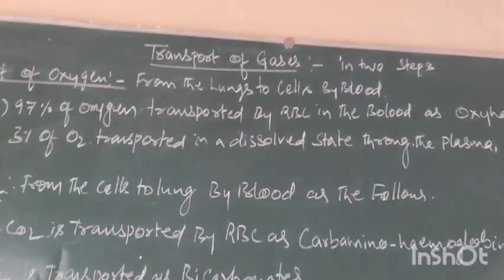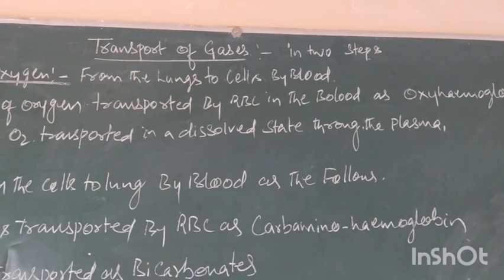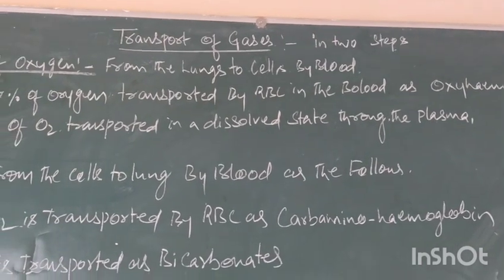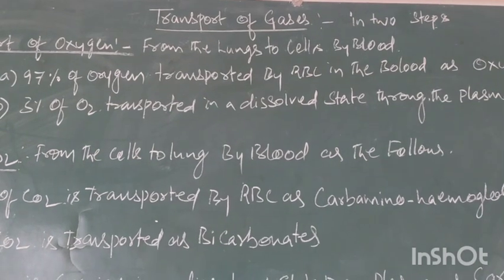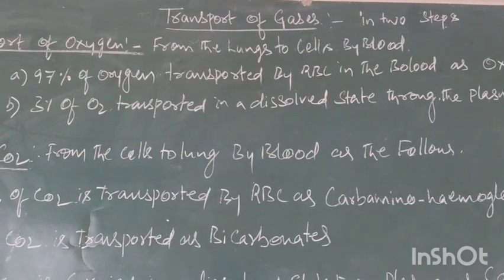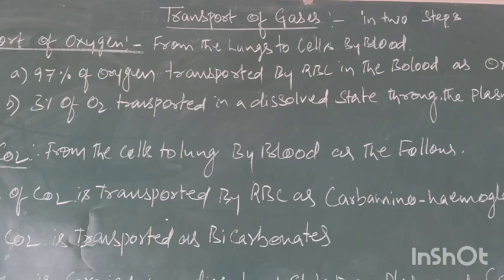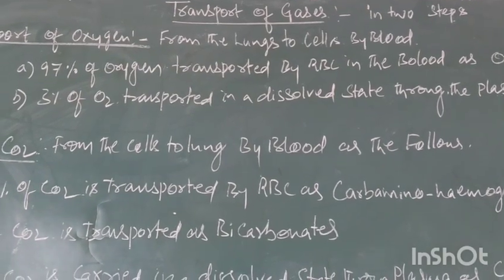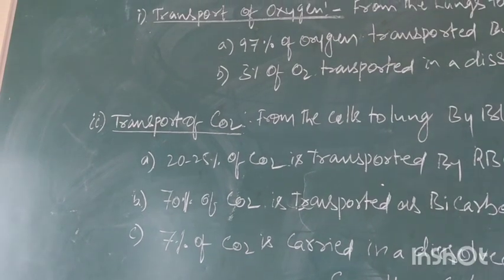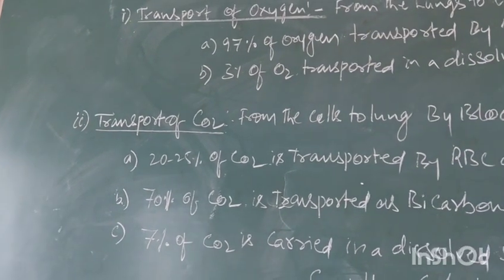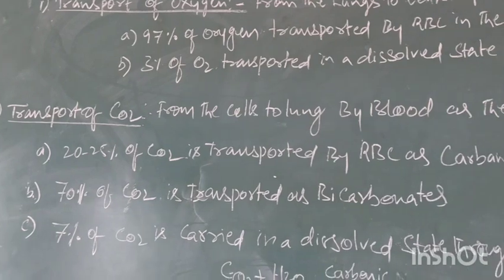This process is called association. It requires some factors: partial pressure of oxygen, partial pressure of CO2, temperature, and hydrogen ion concentration. These are the four important factors. Now come to the second gas transport, that is CO2. The transport of CO2 from cells to